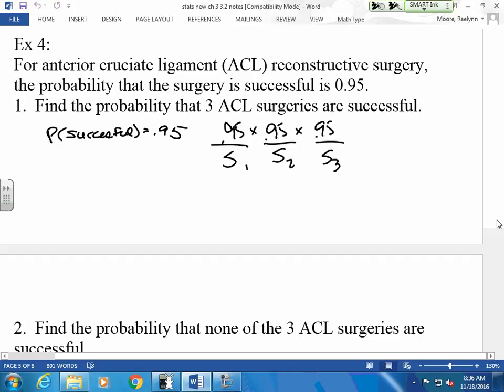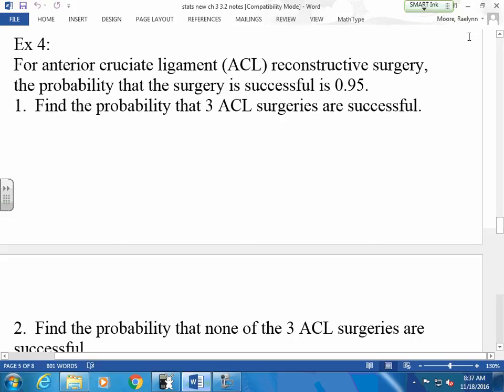And what do we do with these 0.95s? We multiply them. If you added them all up, they'd be greater than 1. Could I have a probability greater than 1? No. So therefore, make sure you multiply them. When I multiply them, I get 0.857. Another little hint, if they give you a decimal, it's probably got to be independent, because how do you reduce that decimal now? It's almost impossible. So know that that'll probably always be independent for our sake.